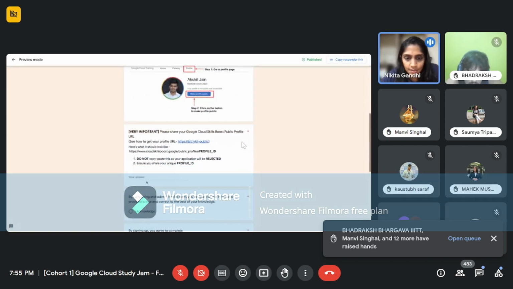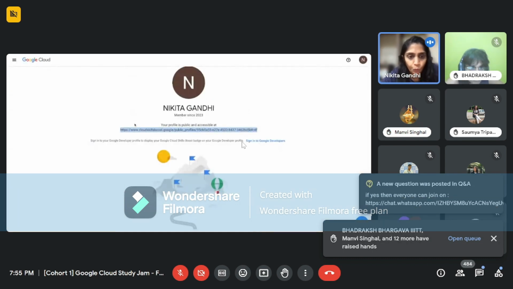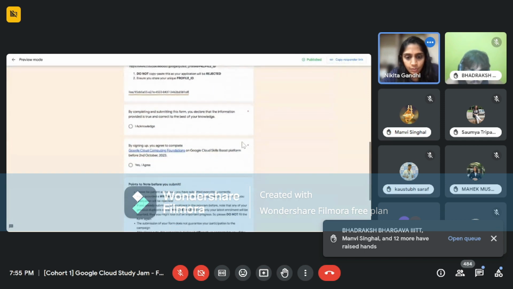Now it is going to ask for your Google Cloud Skill Boost profile URL. I already showed you how to get that. So what I did was I came to the screen, I copy pasted, and then I came back to this form and I pasted it over here.